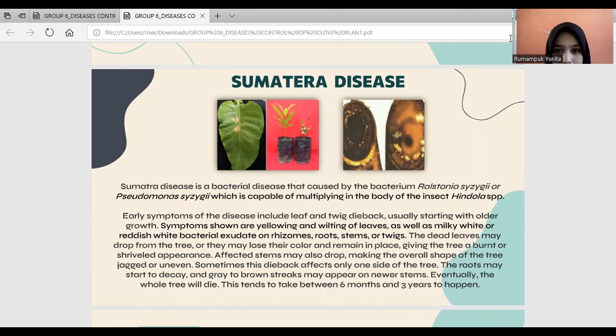The next is Sumatra disease. Sumatra disease is a bacterial disease caused by the bacterium Ralstonia syzygii or Pseudomonas syzygii, which is capable of multiplying in the body of the insect Hindola spp. Early symptoms of the disease include leaf and twig dieback, usually starting with older growth. Symptoms shown are yellowing and wilting of leaves, as well as milky white or reddish white bacterial exudate on rhizomes,